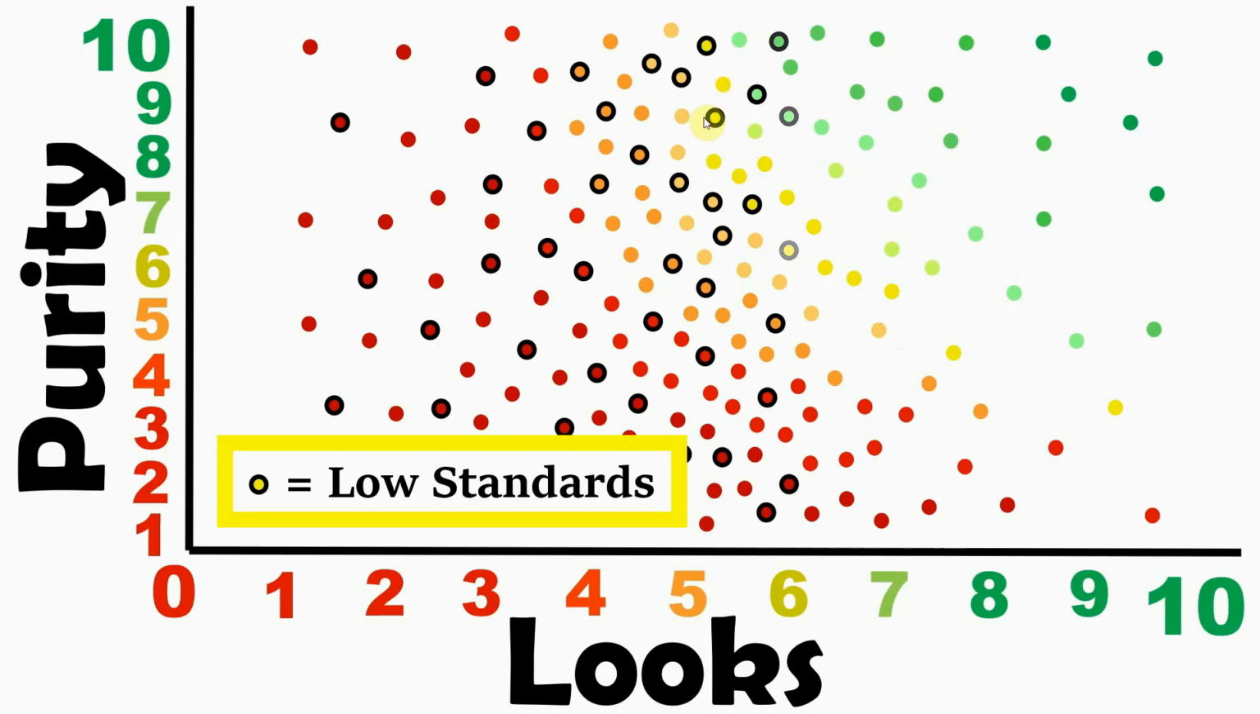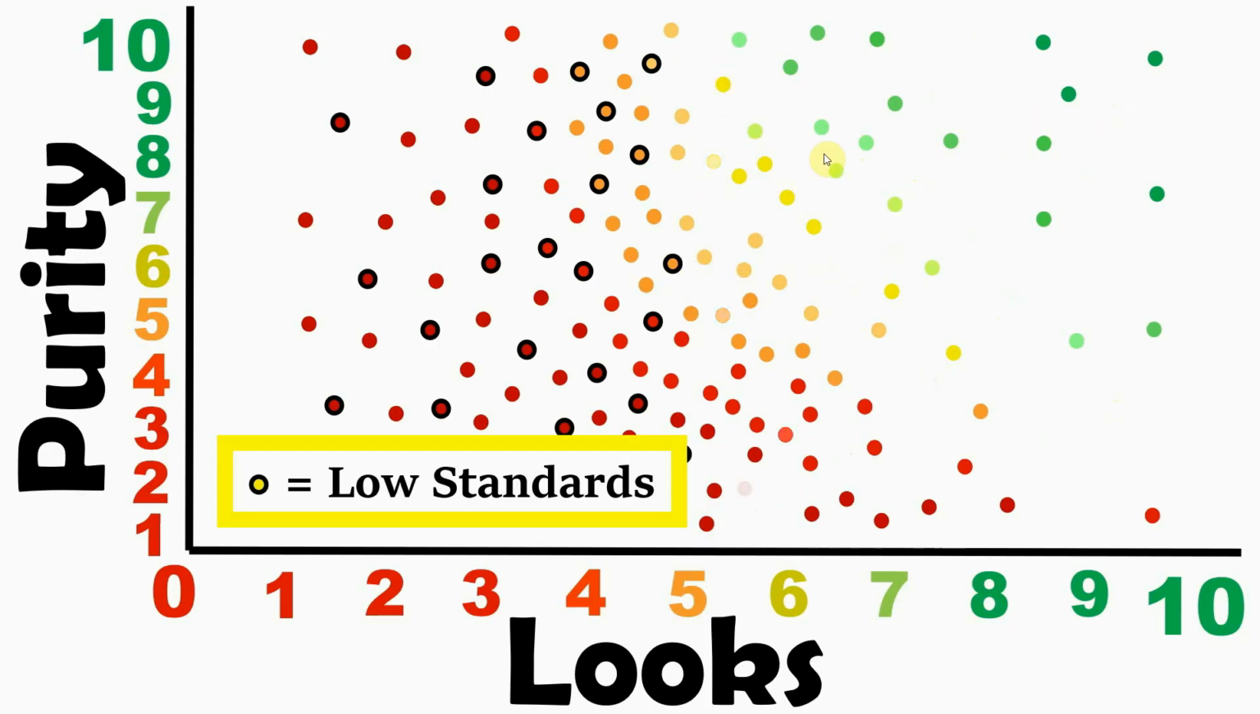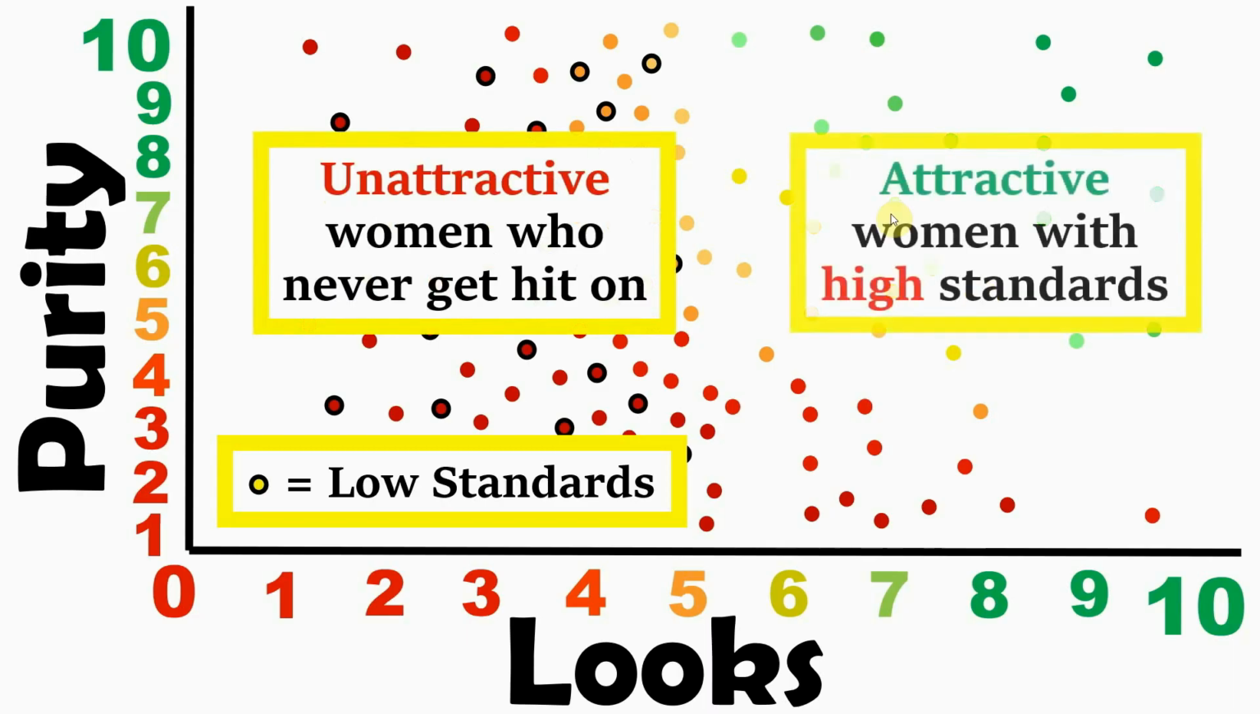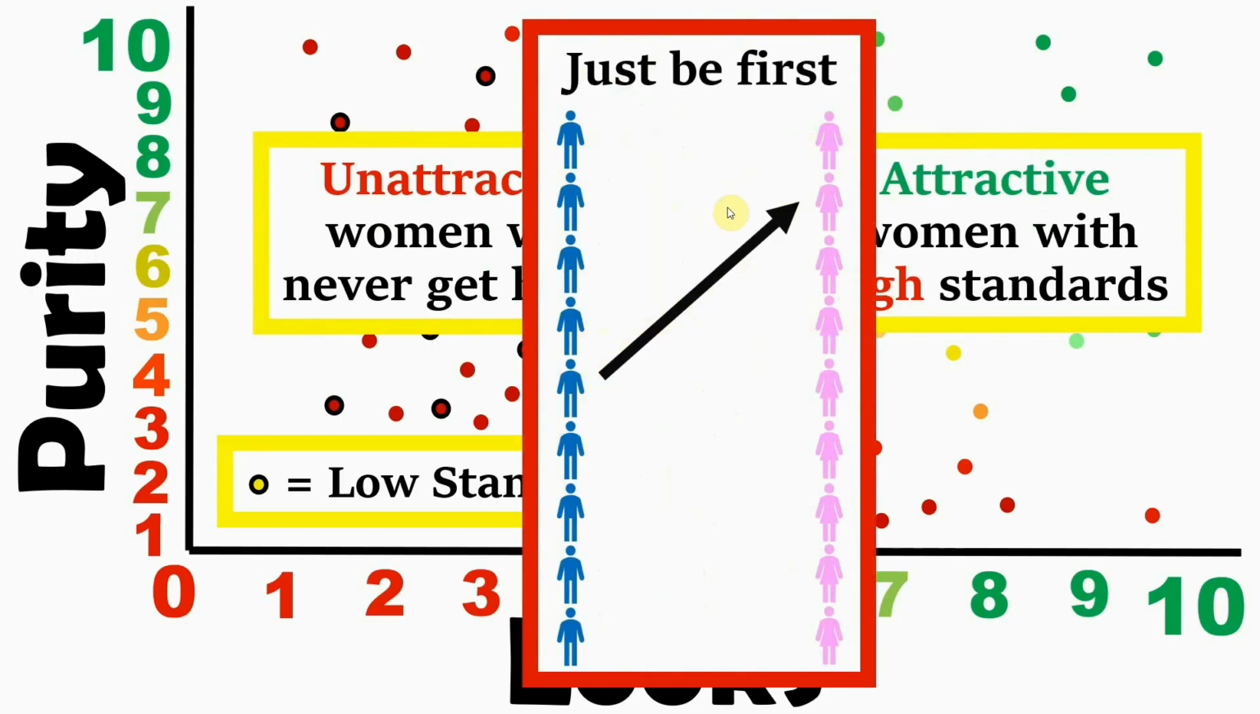Next to go will be the average women with low standards, and maybe a couple of high standards attractive women will go too. Anyway, eventually, what ends up being left of the dating pool is pretty much 2 groups. Unattractive women that next to never get hit on, and attractive women that are still on the market because their standards are too high. This is how Just Be First may be coming about, because when men and women are